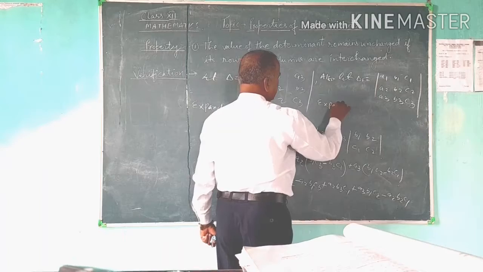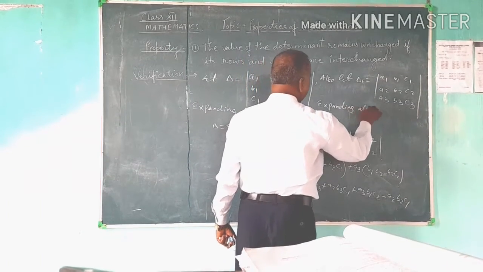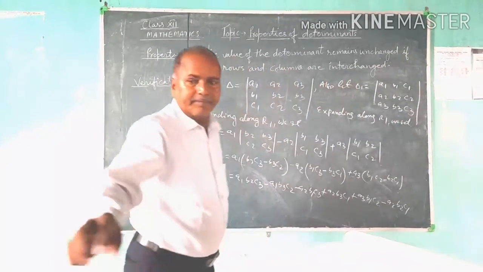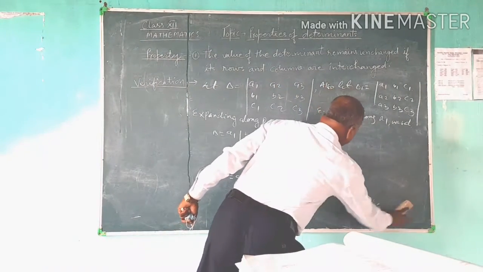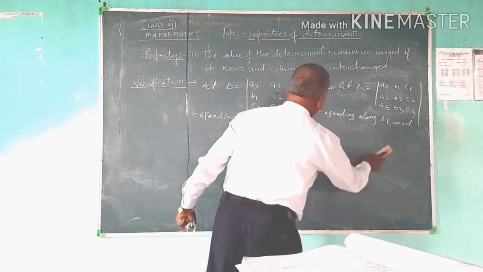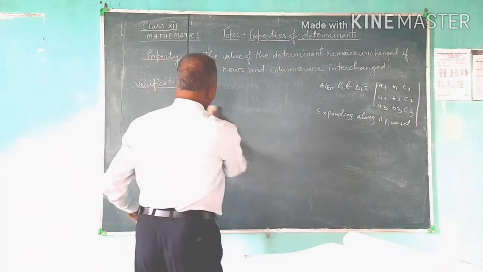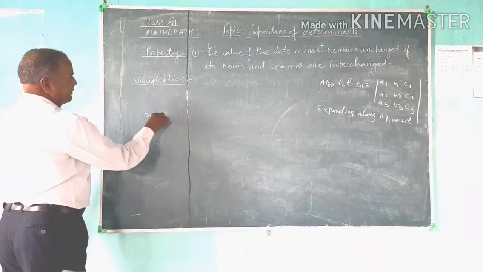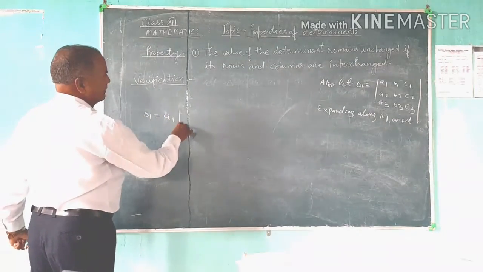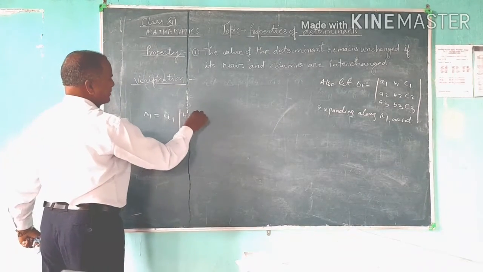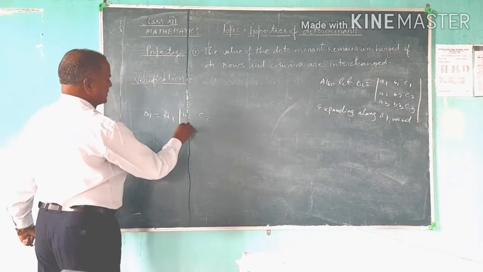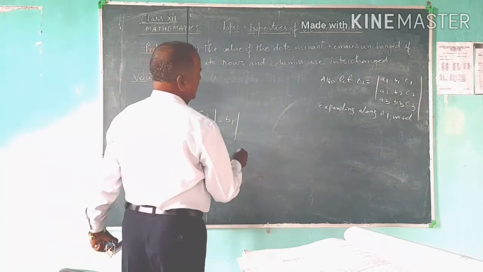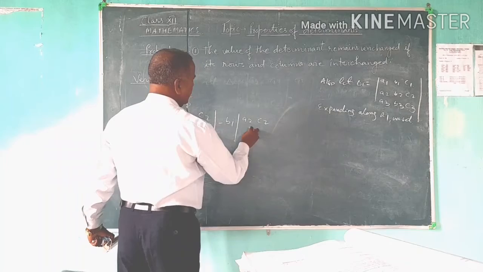Expanding along R1, we get delta 1 is equal to A1 times (B2, C2, B3, C3) minus B1 times (A2, C2, A3, C3)